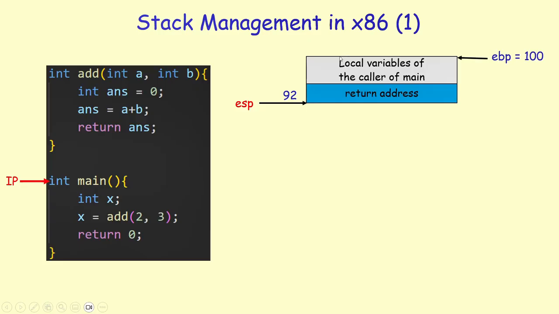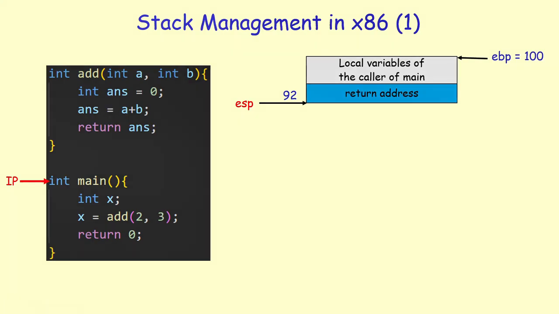So as you can see, I am assuming that the local variables of the caller function, the caller of main, have already been pushed to the stack, and we made a call from within that stub function, in a sense, to the main function. That's why the return address has already been pushed to the stack. So the instruction pointer is pointing to the first assembly instruction within the main function.